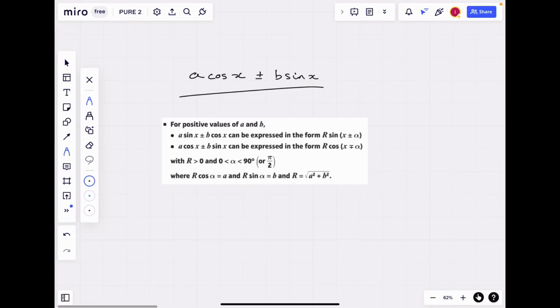If you have an equation in this format here, you can write it like this. If you have an equation in this format, you can write it like that. In order to work out r, which is present in both, you can apply this equation and